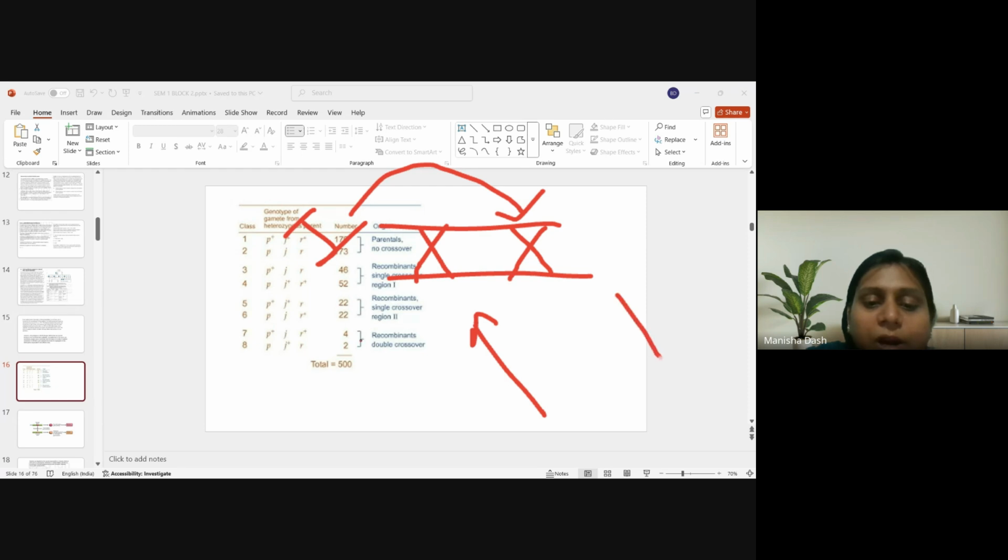Less will be the number of double crossovers. Meaning, they are inversely related. So the higher the interference level, the less will be the number of